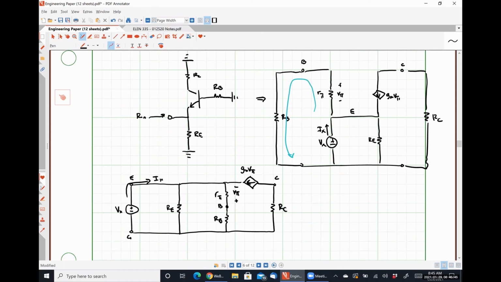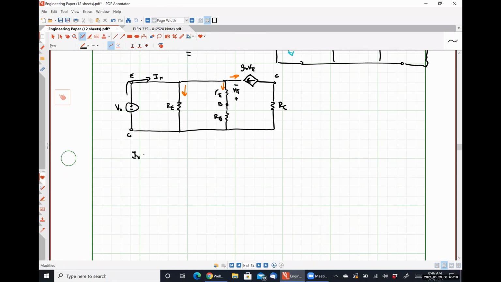So in this particular case, looking at this thing, I can see that I can apply Kirchhoff's current law and figure out what's going on relatively easily, okay? If I apply Kirchhoff's current law, I'm going to say that Ix is simply this current plus this current plus this current, right? So Ix is equal to, the current flowing down through resistor RE is Vx over RE. The current flowing down through that middle branch is Vx divided by R pi plus RB. And then I'm going to have minus gm